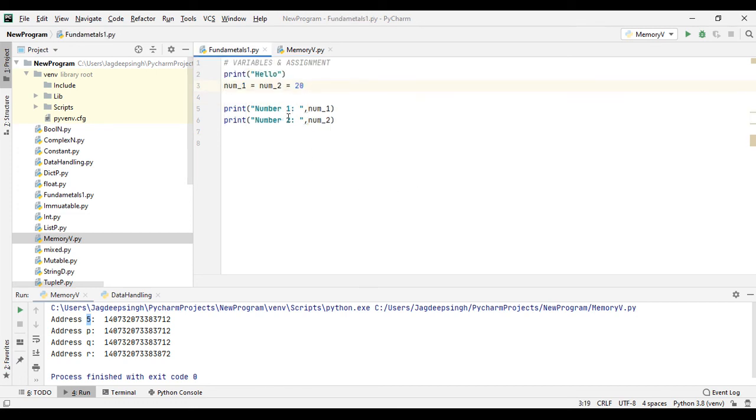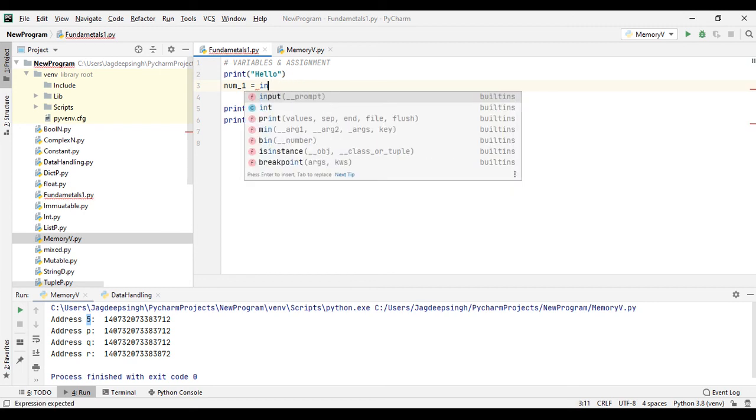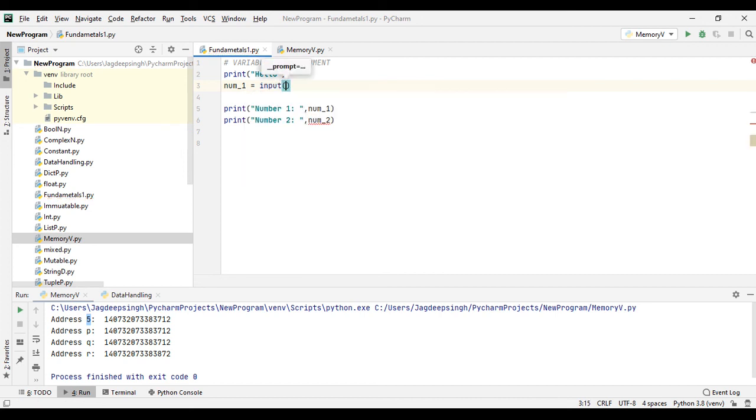Now let's create a simple program to get the value from the user and assign it to the variable. So come back to our previous program. Here we have number1, number2 is equal to 20. Now we want to get the value of number1 from the user, so we have to use the input function, and here you can type the message for the user: Enter a number.